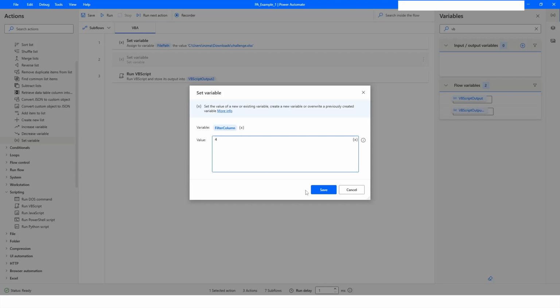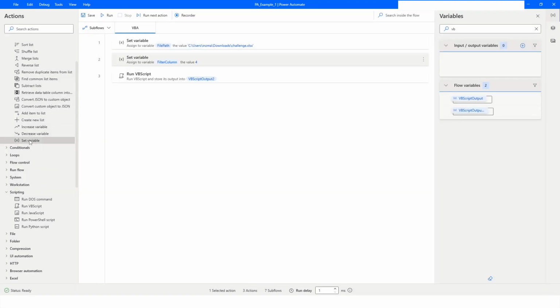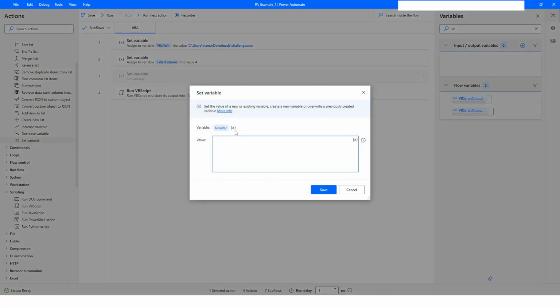So I have specified 4, and then I will also specify the filter criteria. And in this case, I want to filter that data with analyst, right? So I have specified analyst,